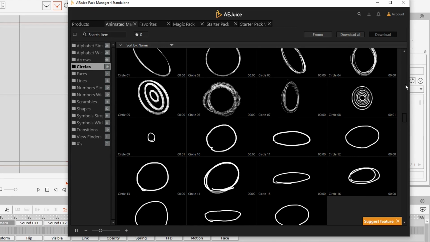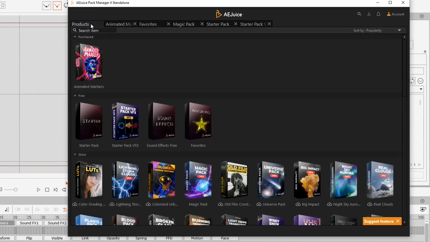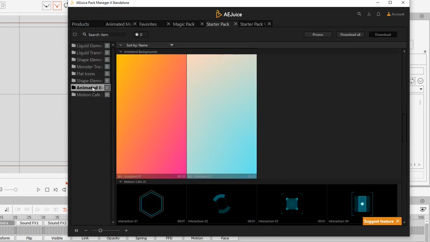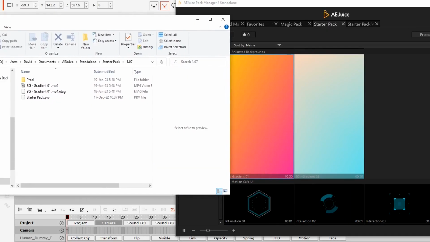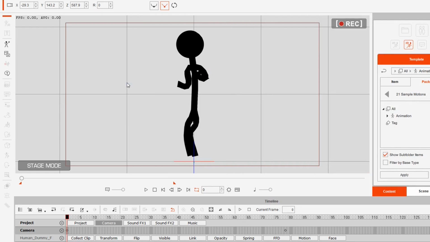So I want to see if I can find one of those. There's a particular background that I'm looking for. I think it's in the starter pack, animated backgrounds. Just one of these colors, I think, is all I want. So I'm going to double click that. Background gradient 1. So here it is, it's being downloaded,